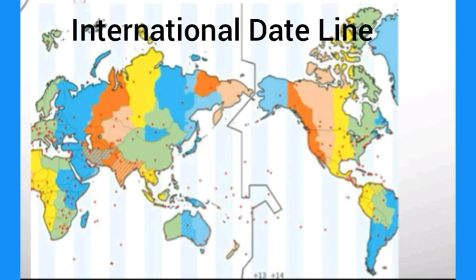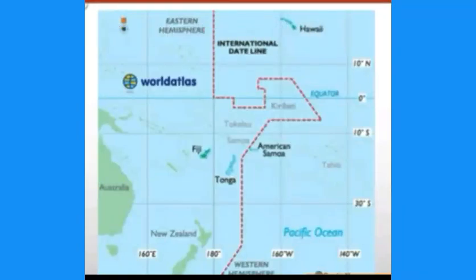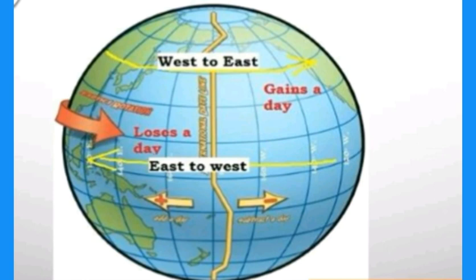International Dateline, that is IDL, is an imaginary line drawn on the surface of the earth running from North Pole to the South Pole. It passes through the middle of the Pacific Ocean, roughly following the 180-degree longitude, but it takes a bend around some territories and island groups. International Dateline demarcates one calendar day from the next. A traveler crossing the IDL eastward will lose a day or 24 hours, and a traveler crossing the IDL westward will save 24 hours.